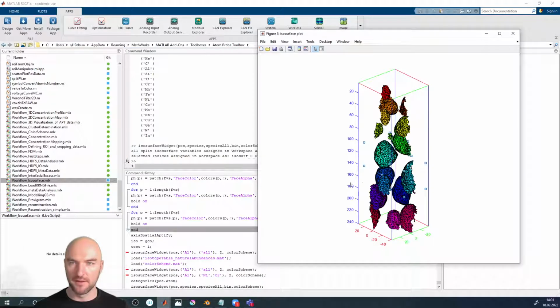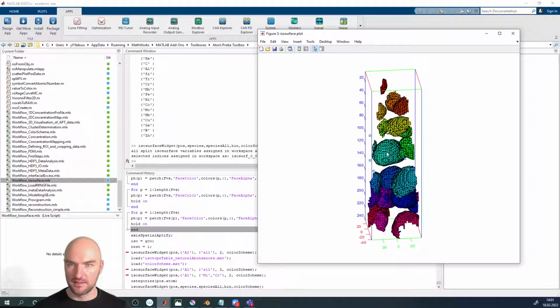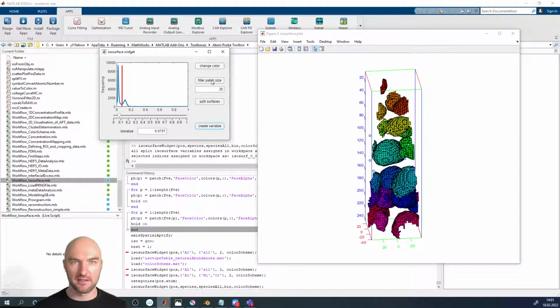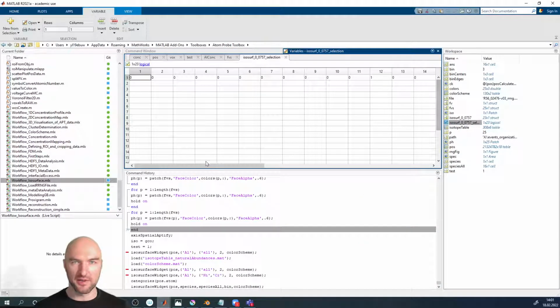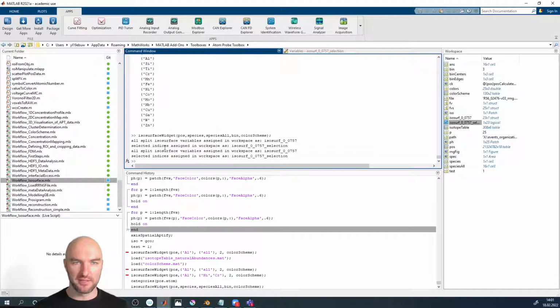I'll just close that one. In this case, I don't know, maybe I'll just select this one, and that's what we're going to use for further mapping analysis. So let me just click on that isosurface and then get back to the isosurface widget and go create variable. And now if I look into that variable, there should only be one selected, and it's the number 12. Obviously it's logical indexing,